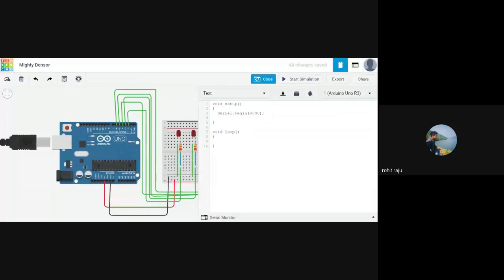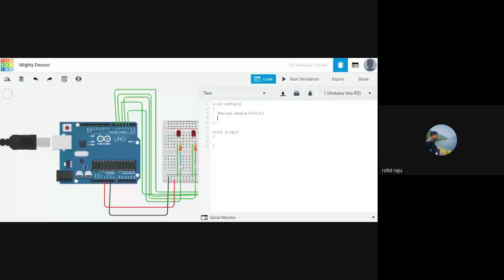And we'll be using all these pins. So we initialized it with pin equal to 2, and we'll go all the way up to 6. 2, 3, up to 6.